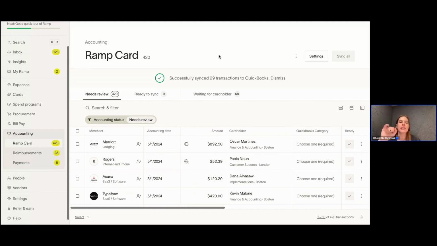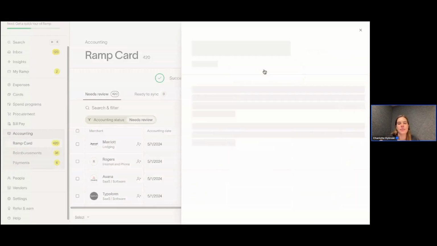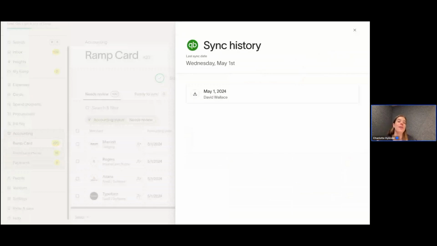Okay, so a few more things right here. So great, we successfully synced that over. Now what? Like, where do I see it? If I want to see all of my sync history, I'll click these three little dots right here and click Sync History. And this would show me all of my sync history. My demo account, it's a fake company. I also am named David in my demo account, David Wallace. I only have the one from today. However, in your real accounts, you would have all of your sync history,